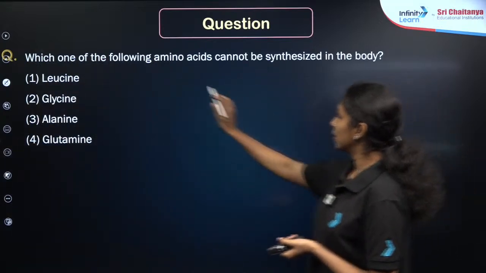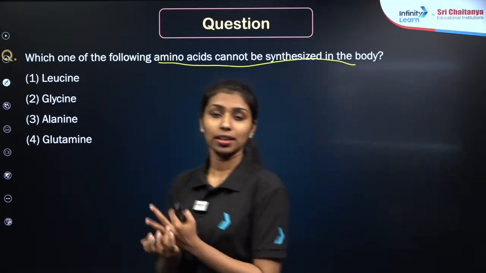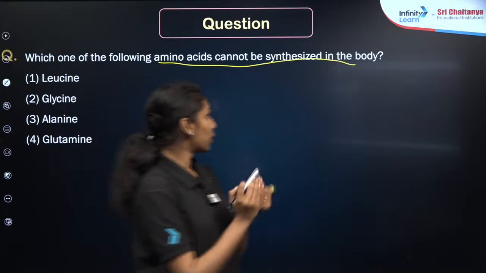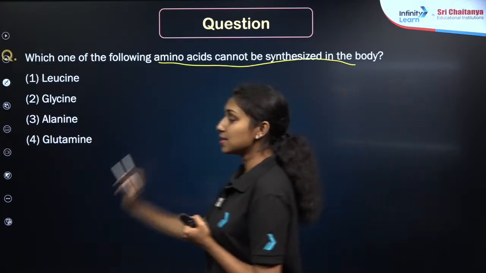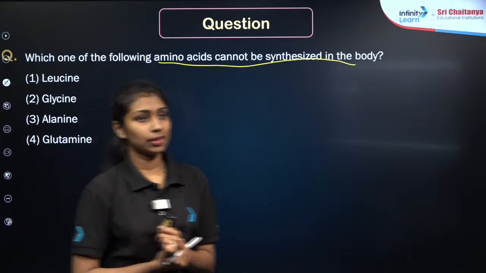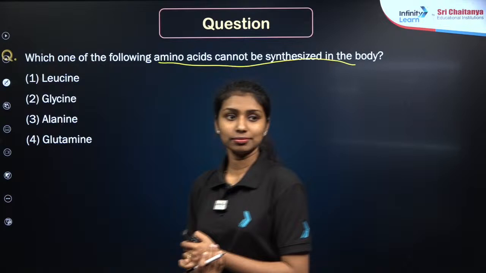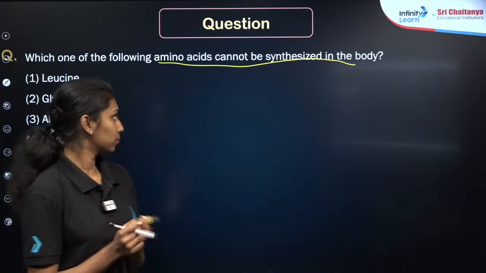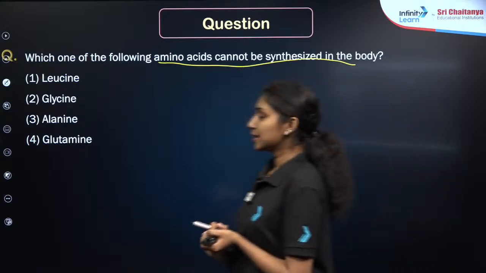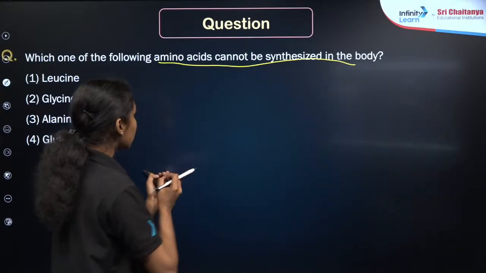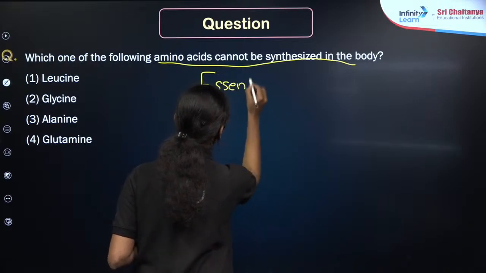Okay, what is the particular name for these amino acids that cannot be synthesized in our body? There is a particular name, right? You have already classified the amino acids into 2 types based on their synthesis. What is the particular name for these amino acids? Yes, option A, leucine, right? Let us take the answer. Essential, right? Amino acids that cannot be synthesized in our body and must be supplied through food are known as essential amino acids.